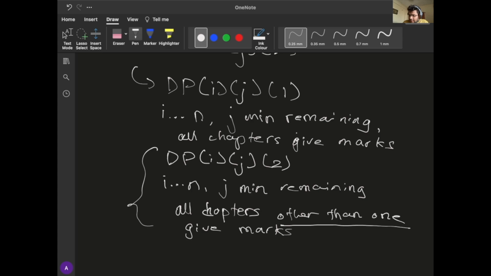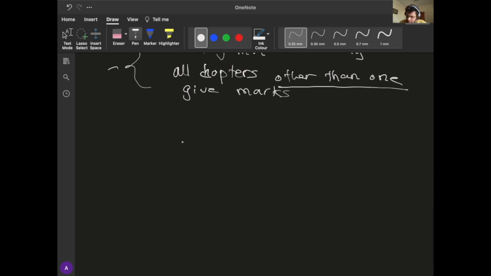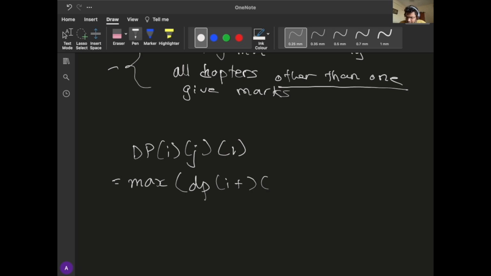This represents, like, if we study the set of chapters such that all of them will give us marks, then what's the best answer we can get? And now we will formulate a clever recurrence which works with both of these. Okay, so there are three things that we can do. So let's calculate dp[i][j][1] first, and this just follows directly from knapsack. So this will be max of dp[i+1][j][1],